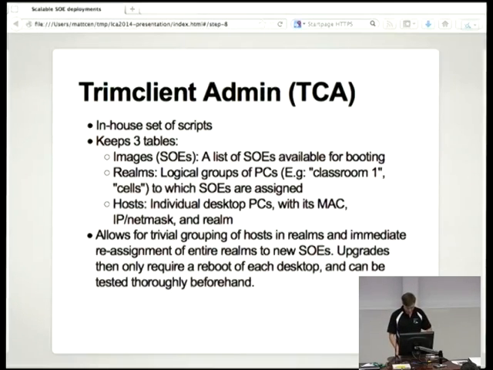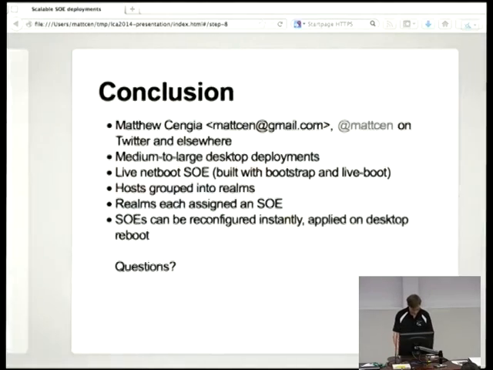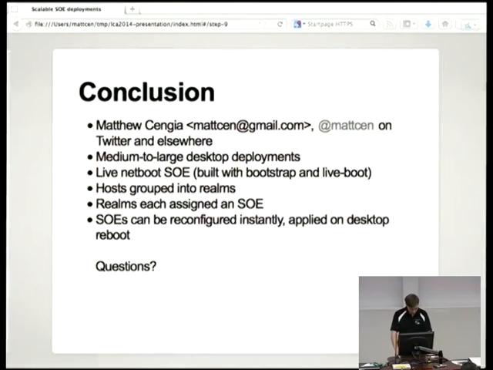And that's basically me done, actually. So just to summarise, it's designed for medium to large desktop deployments. It uses NetBoot to boot SOEs using Bootstrap and Live Boot. Hosts can be grouped into realms, and basically all Trim Client Admin does is it creates a